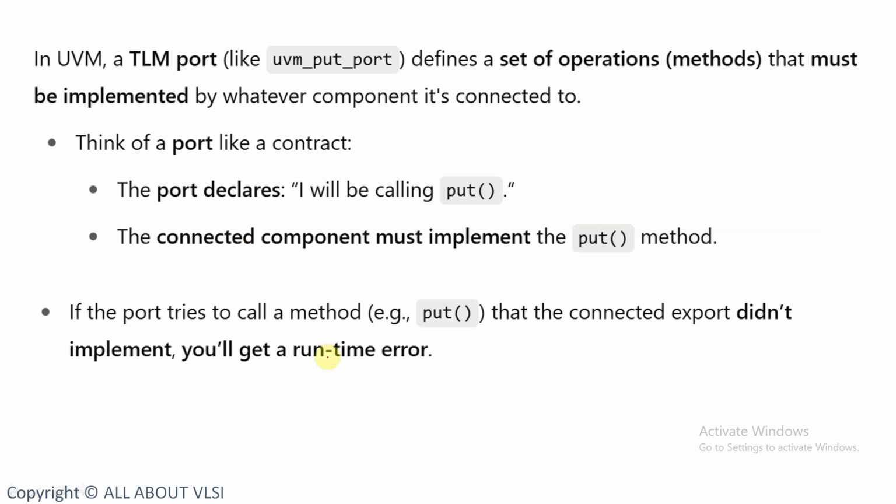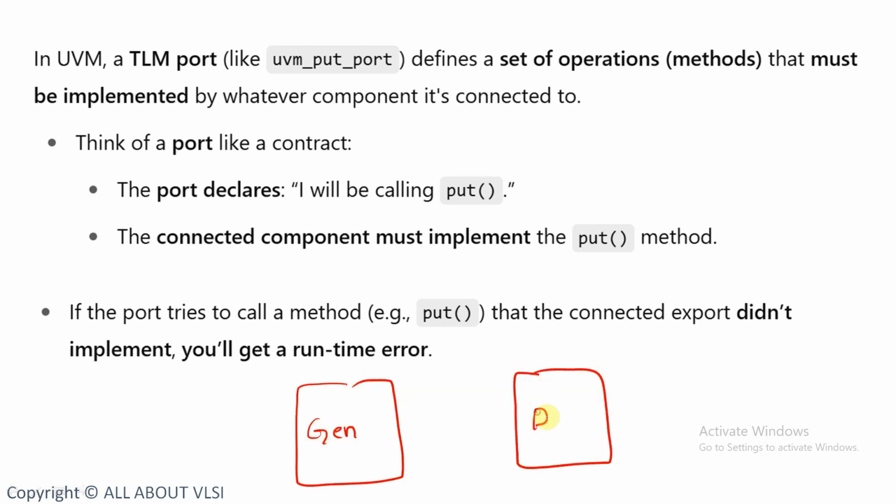For example, let's say this is our generator. Same example I am taking, and this is our target, or you can say driver. The generator is our initiator, and the driver is our target. The generator is going to have a port and the driver is going to have an implementation port. And the component which contains the implementation port must implement the method,